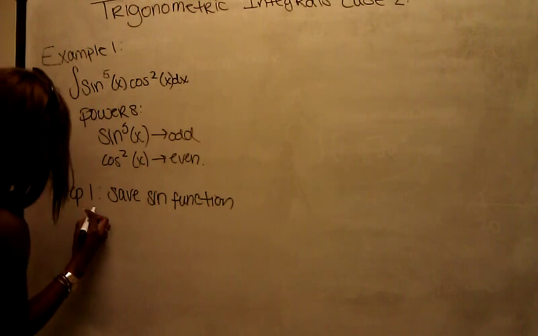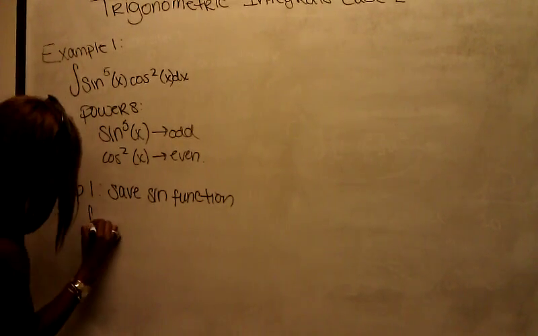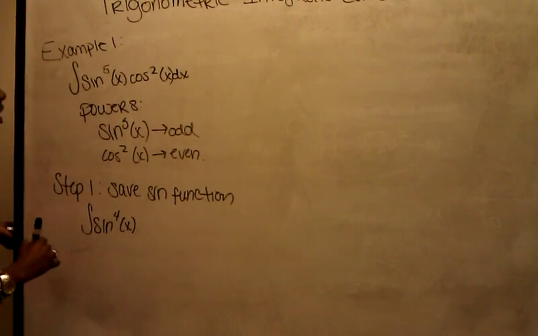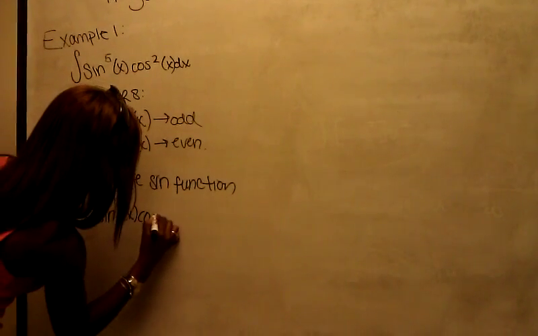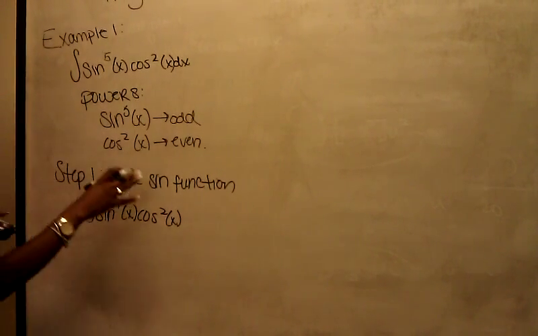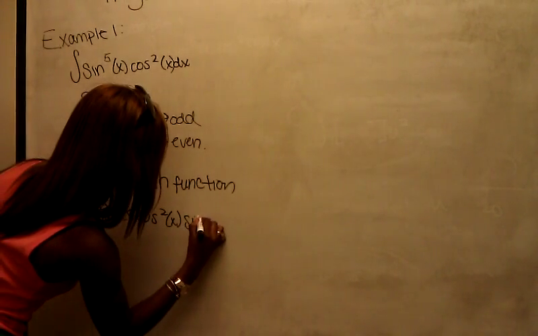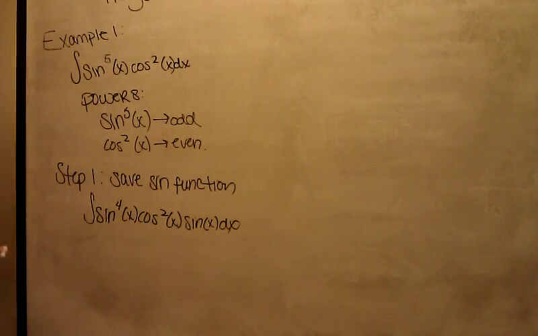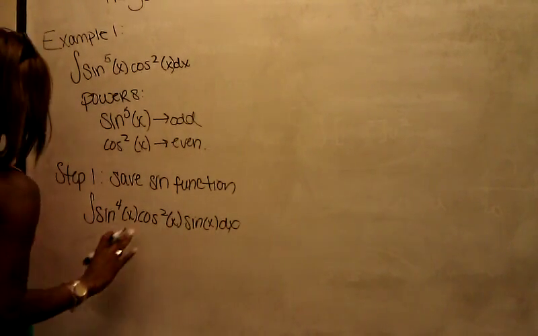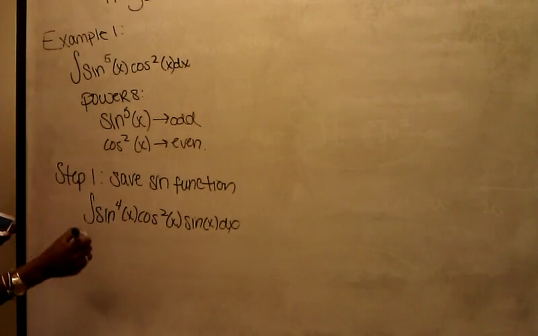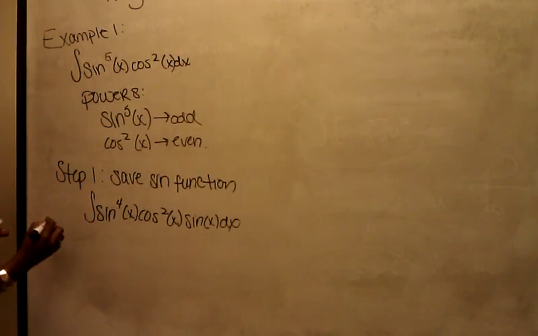So what we end up with after saving that is the integral of sine of x to the fourth times cosine squared of x. And then we can't forget our saved sine function, which is sine of x dx. We always want to put our saved function next to dx. Always. There are no exceptions. So we end up with this. So now step 2